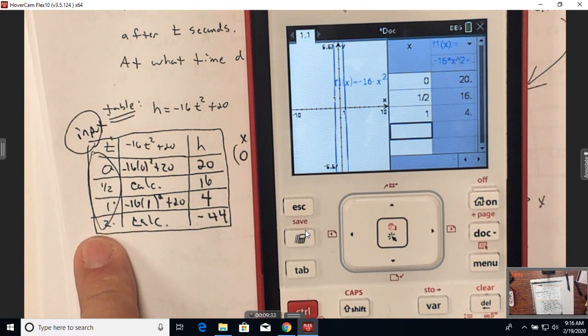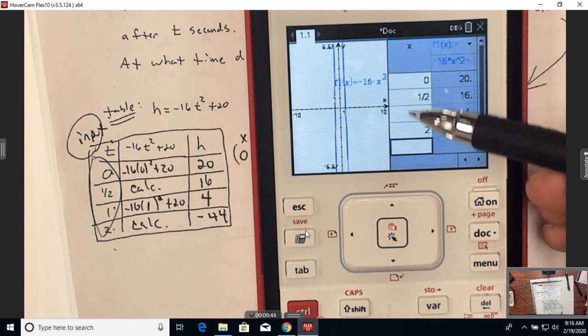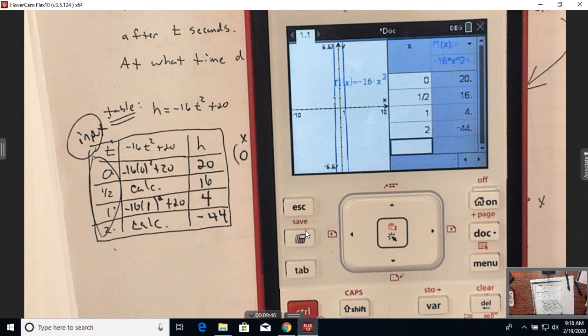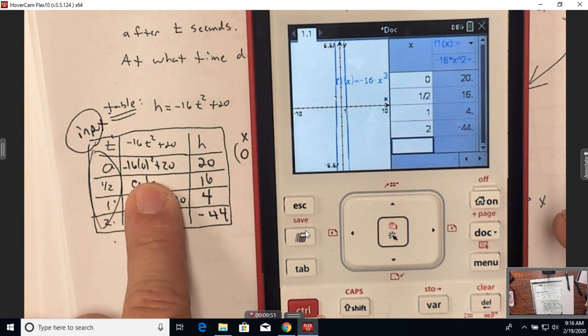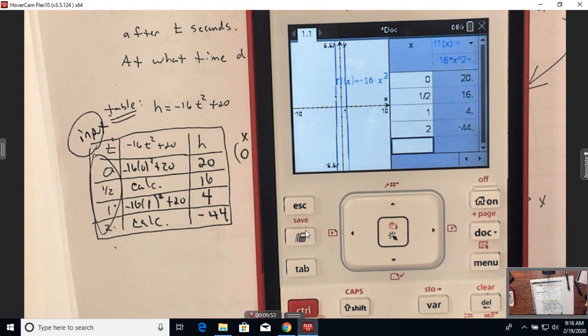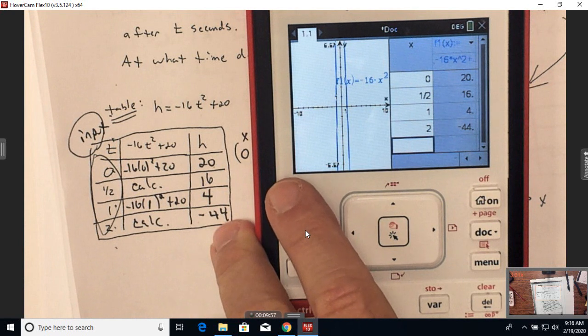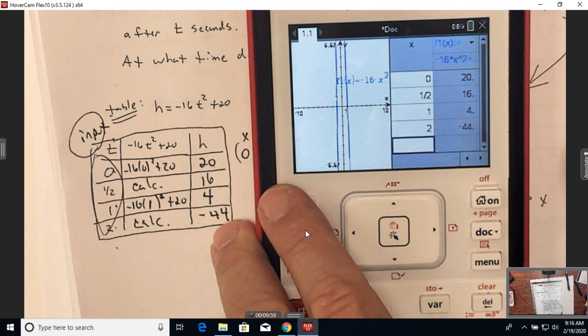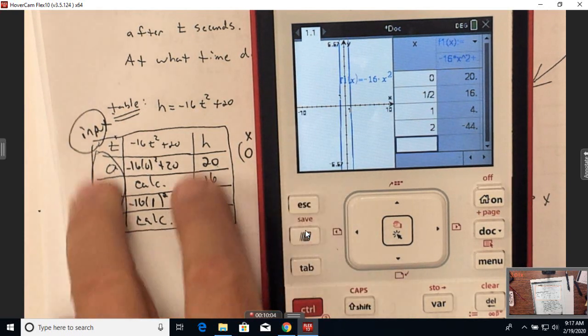That function is going to be very, very helpful on your EOC. Because you're going to be given input values that you're going to have to plug into some function rule to tell me the output. Or you're going to be given a domain, and you have to find the range. So if you know how to do that, you don't have to do the pencil and paper work here. You can just plug it in your calculator. So you might want to come back to this video and look over it, right, before you take your EOC, if you're doing function rules to find domains and ranges, or a range given a domain might be helpful, or to fill out a table,